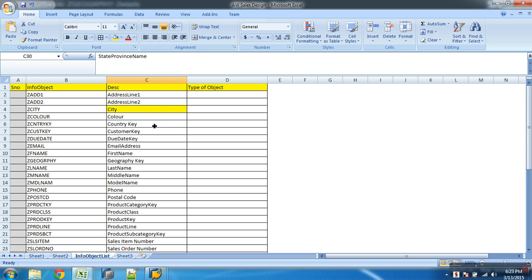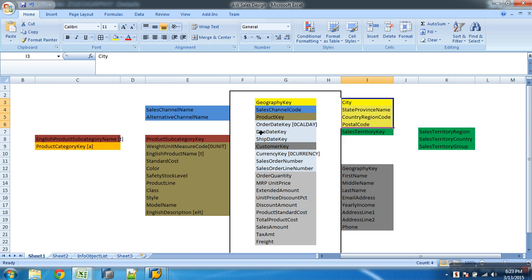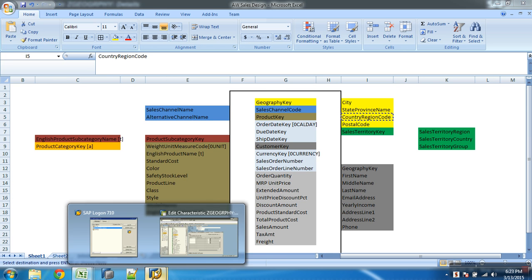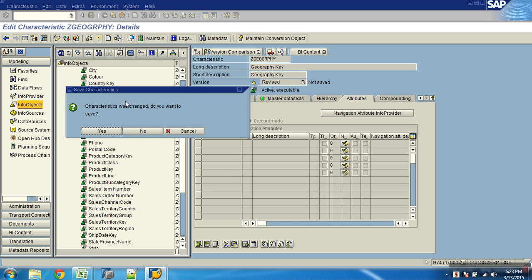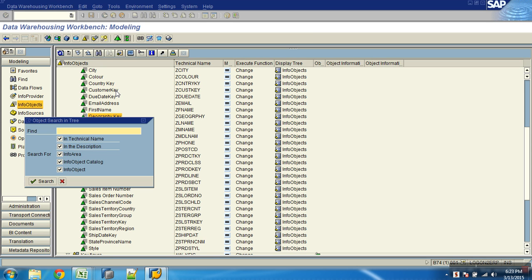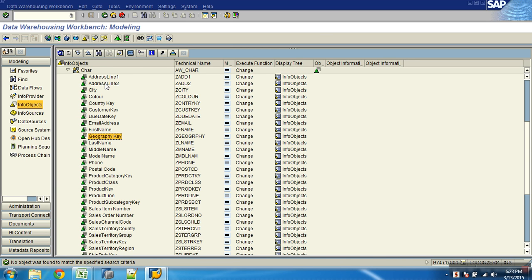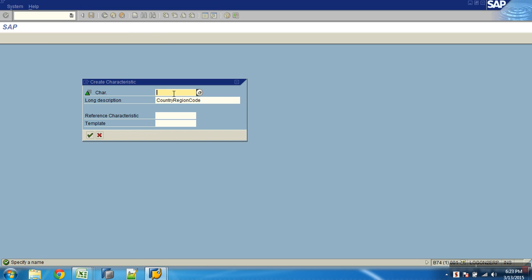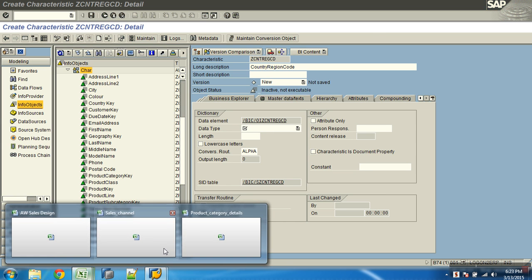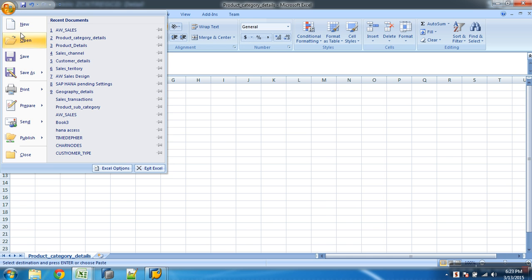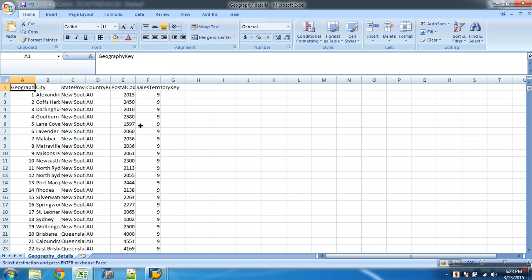So can I use this country key as my country region code? Don't I have a country region code? One second, let me just search for it. First let me get all these attributes, later the country region code. Let me create this. What should be your data type for this? We are looking at geography details.